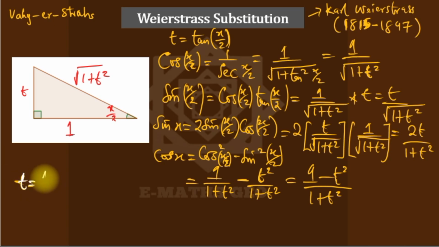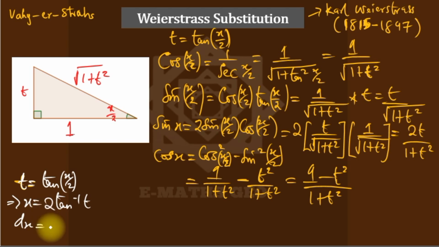Since t is tan half x, it implies that x is 2 times tan inverse of t, and if I differentiate, dx over dt is now 2 times the derivative of arctan, which is always 1 over 1 plus t squared. So dx is 2 over 1 plus t squared dt. You need to know that whenever you're asked to solve any rational function that has trigonometry,